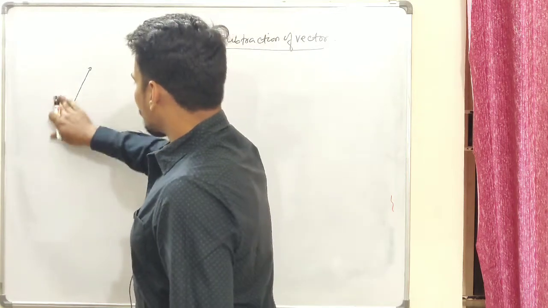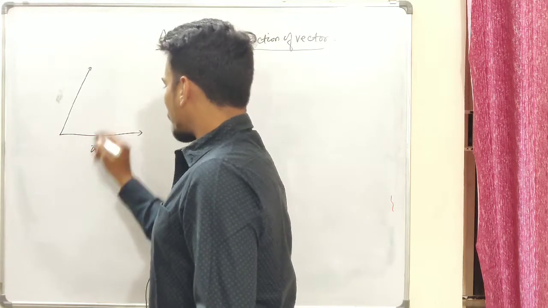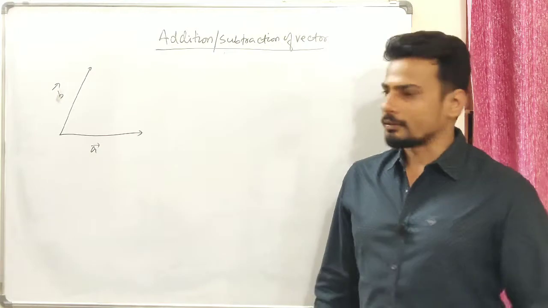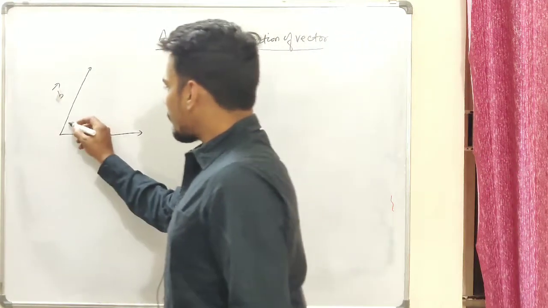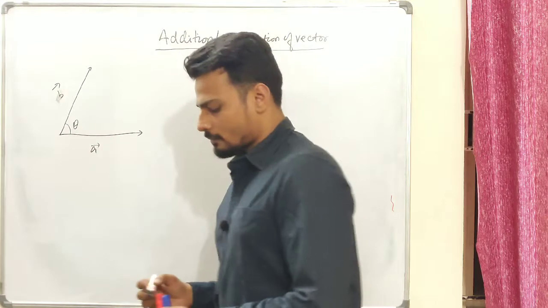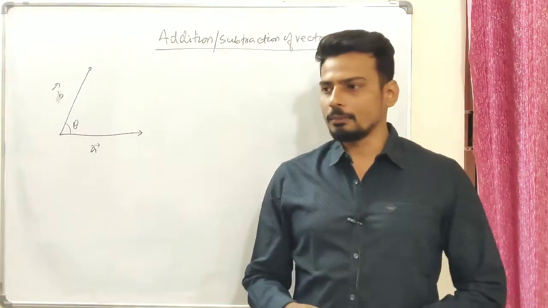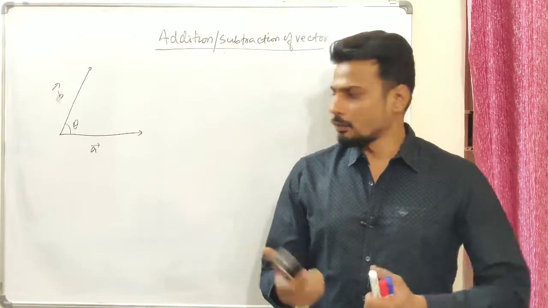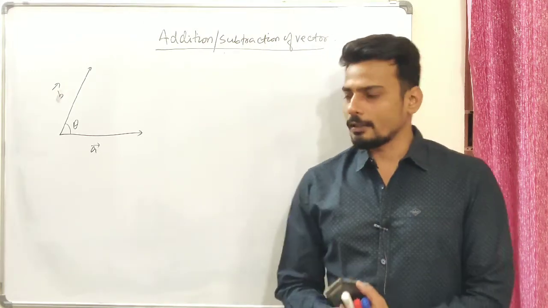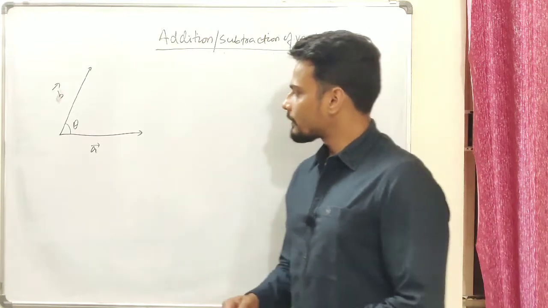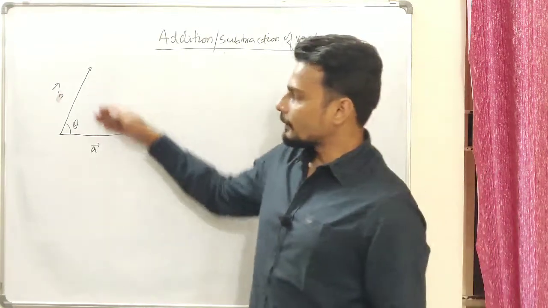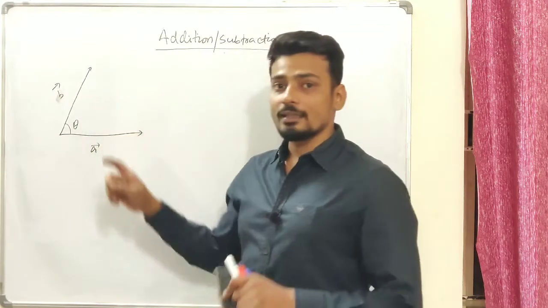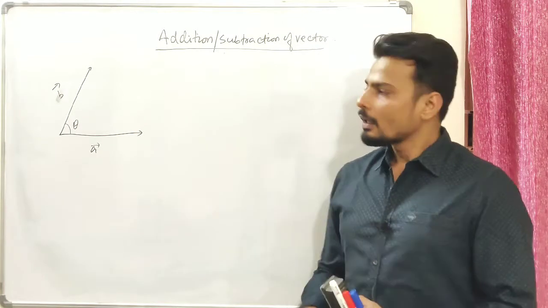Let's say I have two vectors. Probably I can choose this to be A and this to be B. I want to add these two vectors. I say the angle between them is theta. In mathematics, you will study vectors in detail, where we have the parallelogram rule and triangle rule. Just for briefing purposes, if two vectors are there, we have to make a parallelogram using these two vectors as the adjacent sides of the parallelogram, and the diagonal